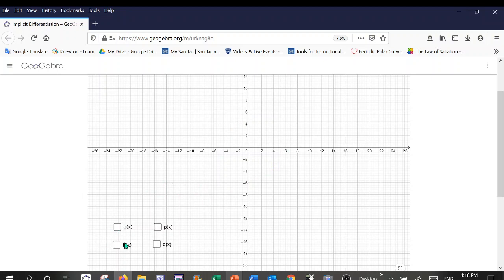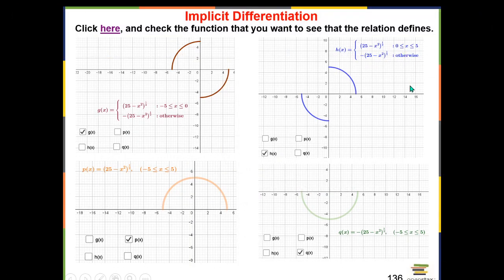Another way is, let's say, this way. So we define it to be positive square root of 25 minus x squared for these domain values. And then otherwise it's going to be here. Or we can define it this way as just a positive square root of 25 minus x squared from -5 to 5. Right? So we cut the bottom part. Or we cut the top part and we get this. Right? So four different ways we can actually think of a function coming out of that equation. Right? All right, now